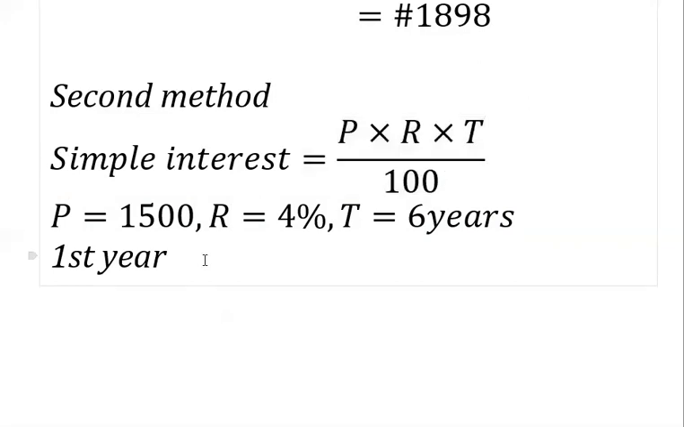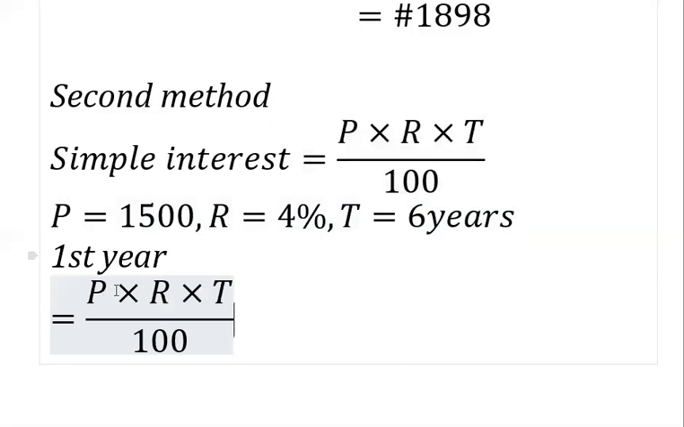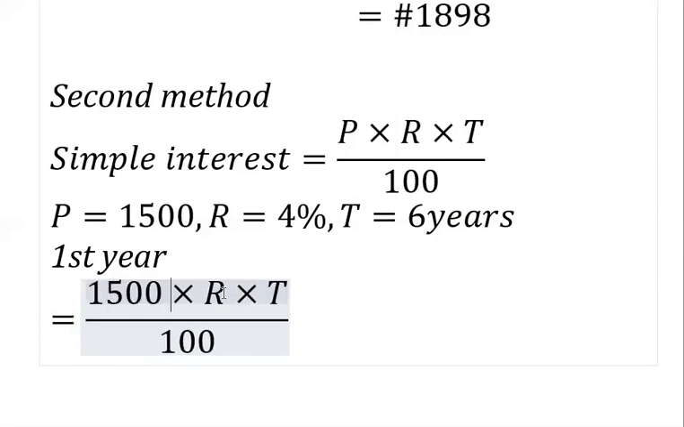For the first year, this is your principal. For the first year, don't forget, your principal is 1,500. Your rate, that's your R, is 4. The time is 6. So if you bring out your calculator and punch